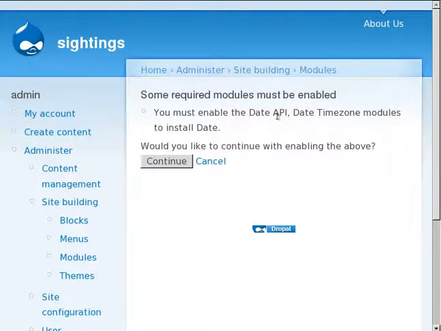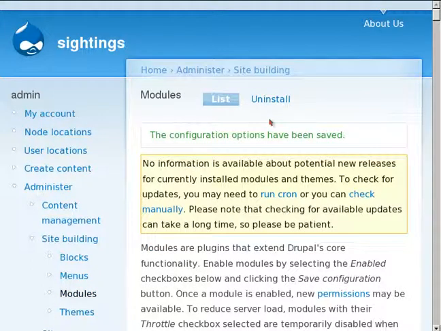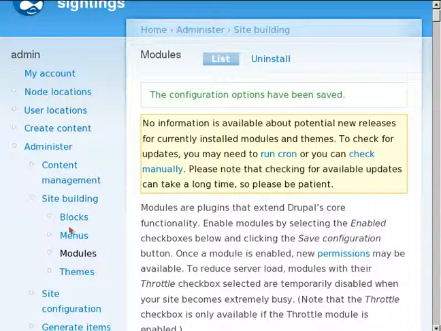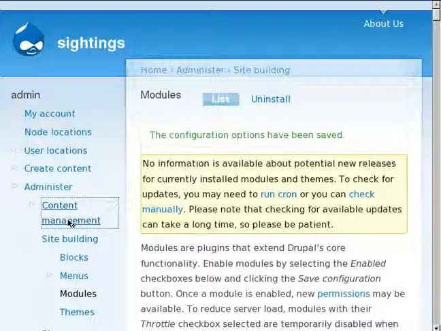So you notice that I need some prerequisite modules, so we're going to enable those. It automatically adds prerequisite modules, because modules can depend on other modules. Okay, so hopefully we enabled all the modules that we need, and I won't have to go back there. So what we're doing now is we're adding a date field